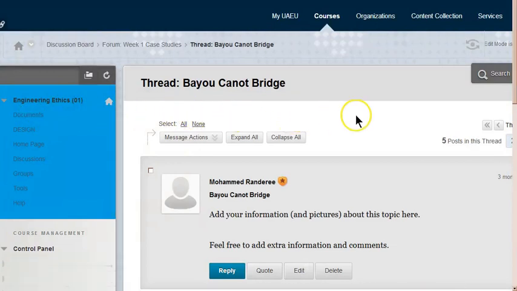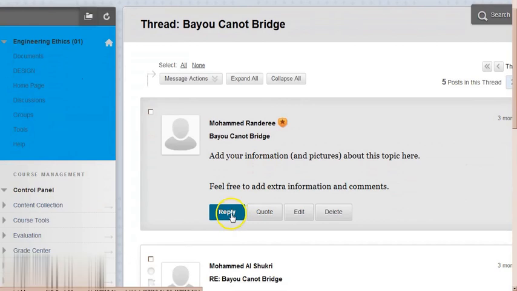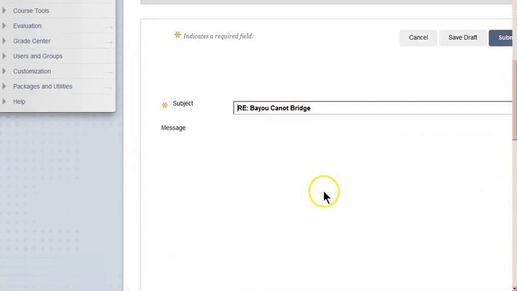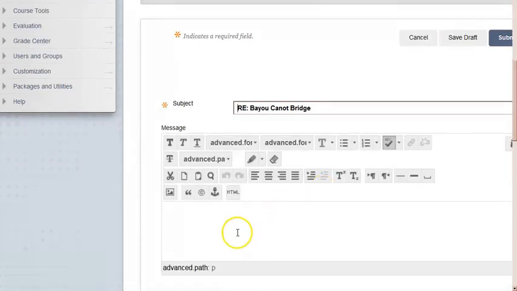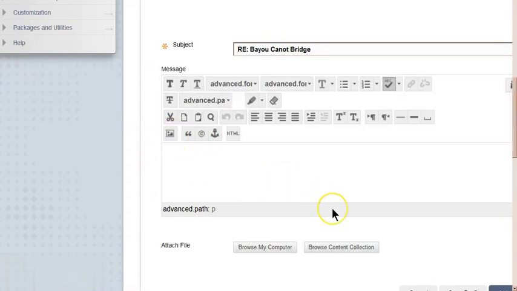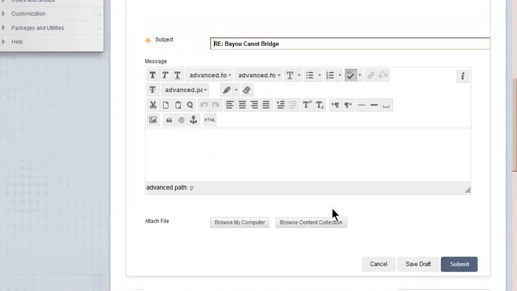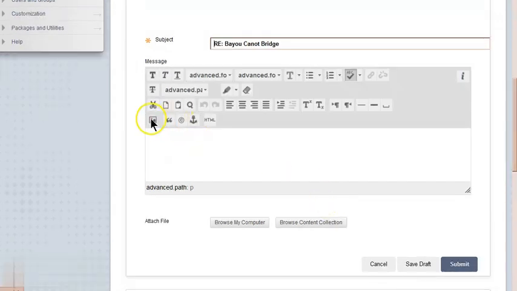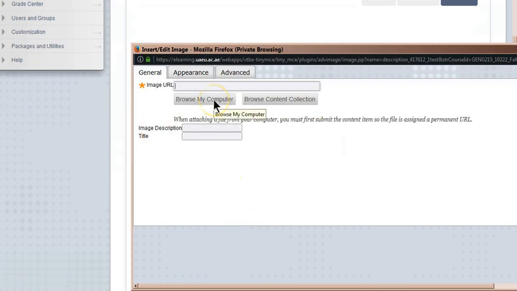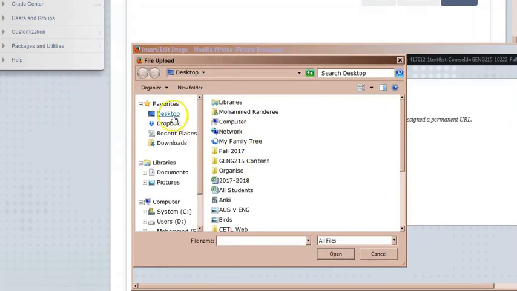Go to the thread that's related and it will have a message from me, and we can click reply on my message and the editor appears underneath. And on this one there's an option here which says adding an image. So I can click on add image. So now I can find my image on my computer, it's on my desktop,